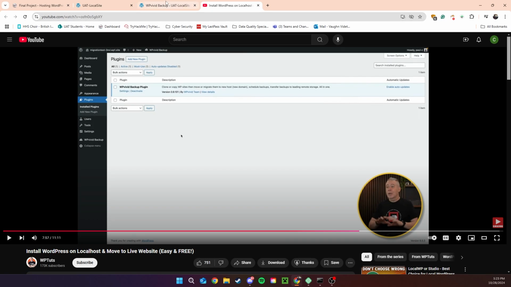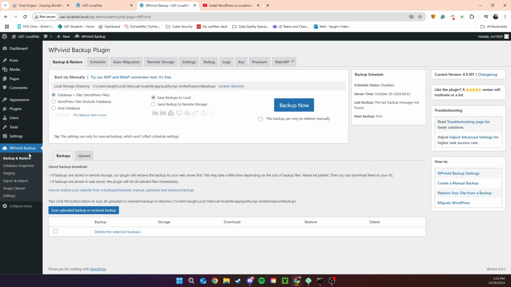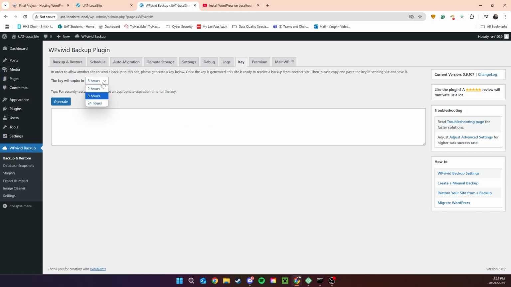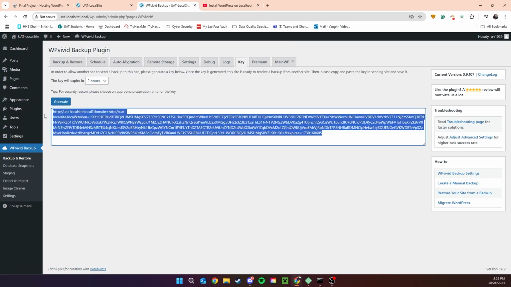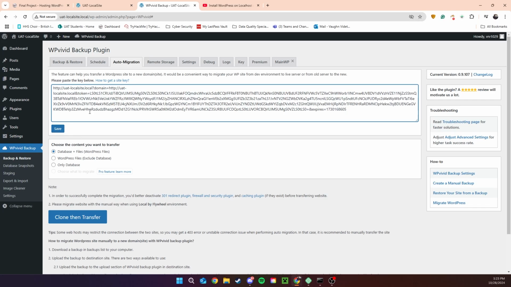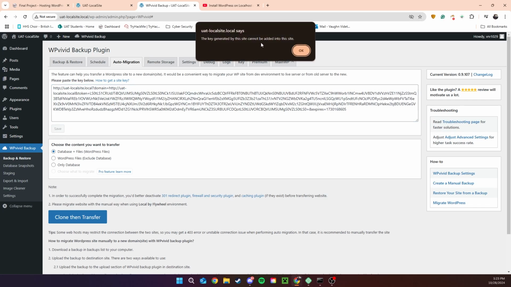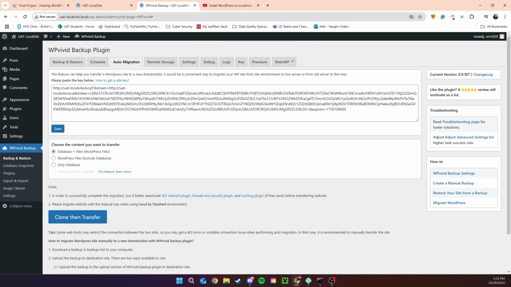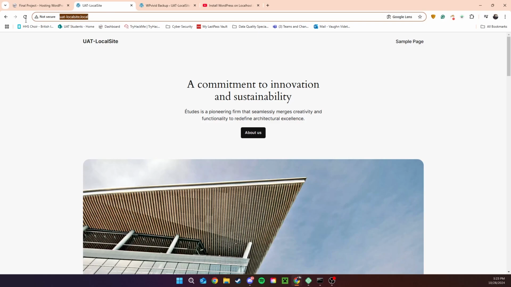Anyways, basically, then he goes to... I've already done the same thing. I believe it's plugins. Yeah, he goes to the WD plugin. He gets his key from here. He put it like 2 hours. And then you're supposed to put this here, copy it, and then in auto migration, you're supposed to save the key, but the key isn't generated because the site cannot be added to the list because I don't have basically a provider for it, essentially. And I think that's why, and I think that's also why I don't have my IP address, or why I can't type in the IP address,